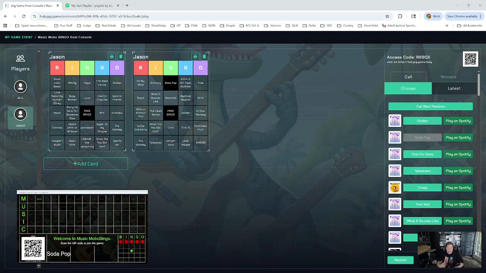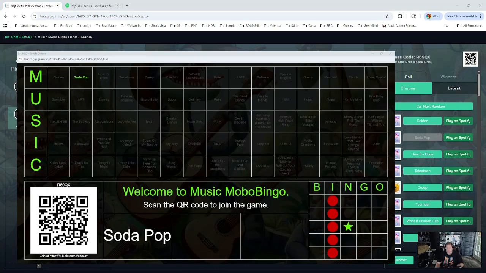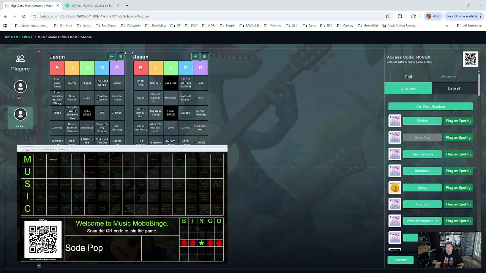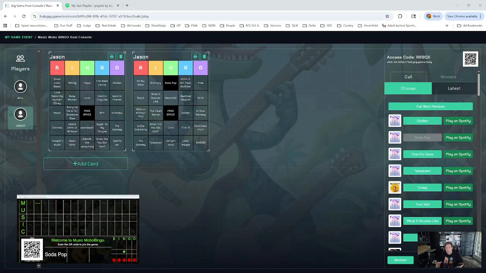And what will happen is, as we keep going through this, calling next, calling next. Oh, and just to show you on this as well, you'll notice up here, it's actually, where is it? Right here. It actually marked off Soda Pop as being a song that was just called as well. So it shows on the HUD as well. In any case, we keep going through this over and over until we finally get, let's see if we can just call a bunch of them.